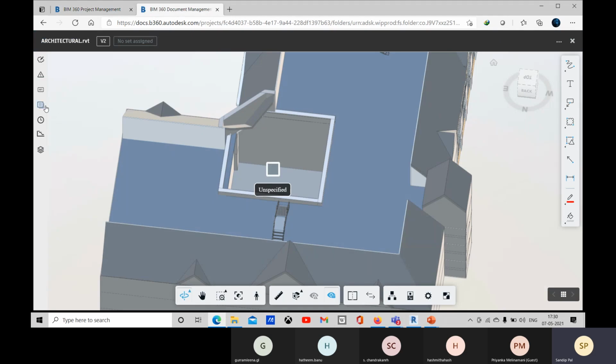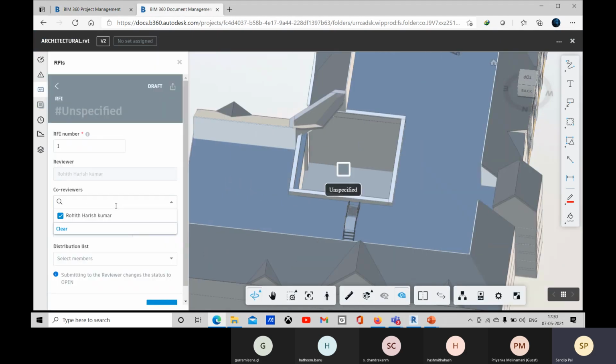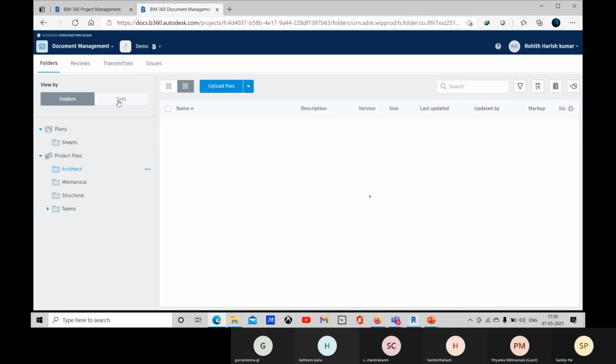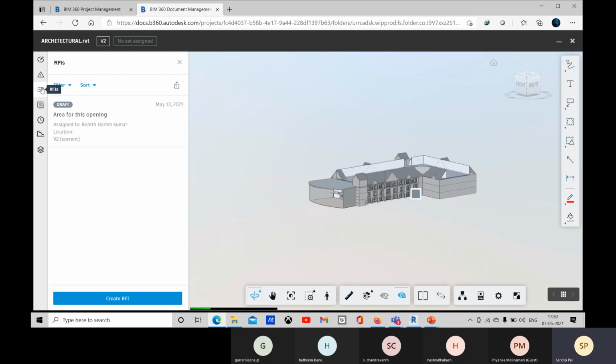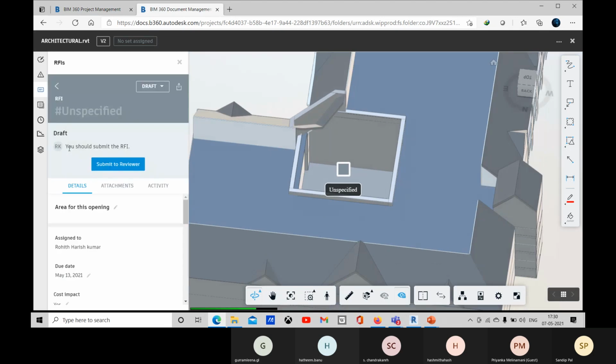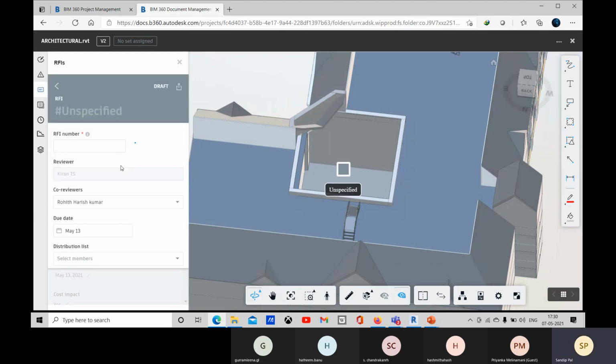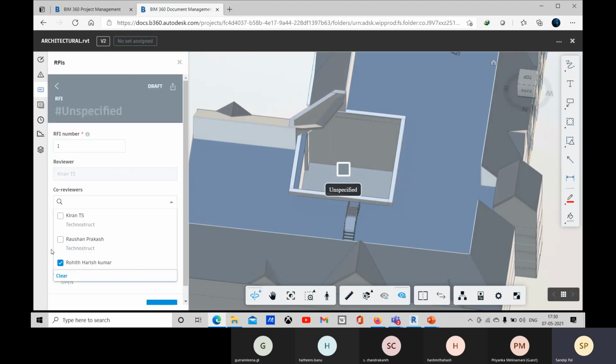And here you can come to this RFI right now. And here also, let me refresh it. Come to this RFI section. Let me go for this submit to reviewer, and here I can change the reviewer. Okay.